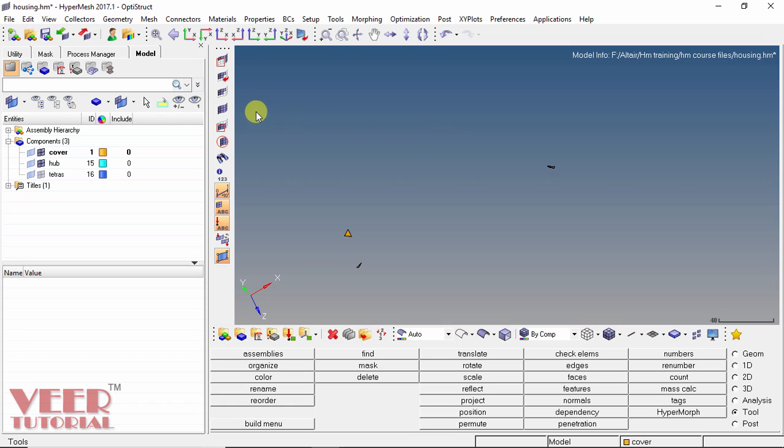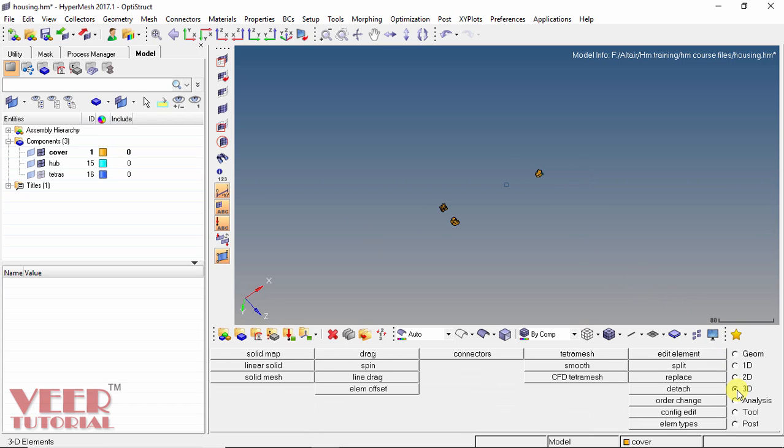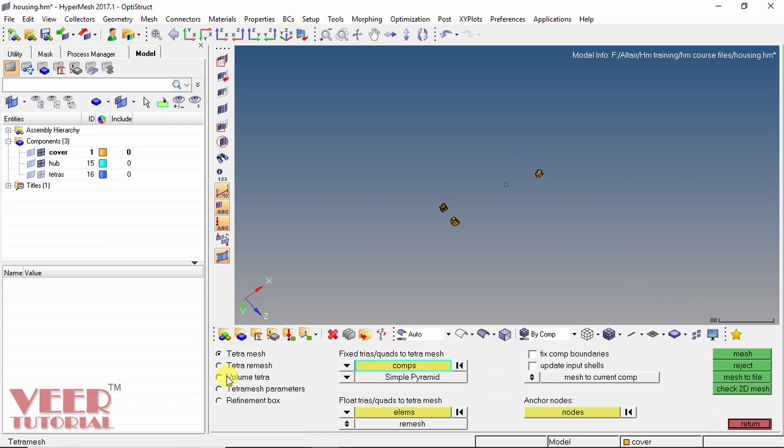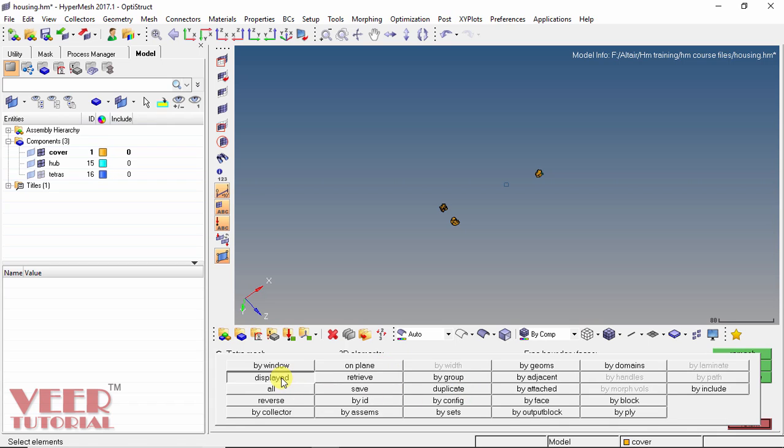And now I go to this option, click on this unmask adjacent element. Click here and all the adjacent elements will be unmasked. You can see the elements, these are all the adjacent elements that were failing. And now I go to 3D, click on this tetra mesh and go to tetra remesh. In this we have to select the element, click on this element, select displayed.